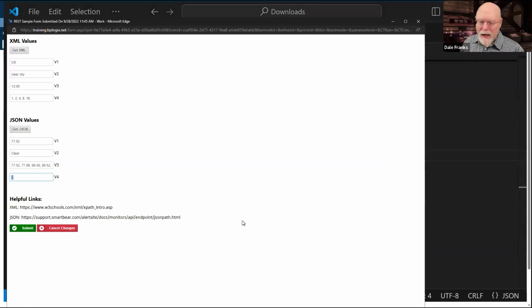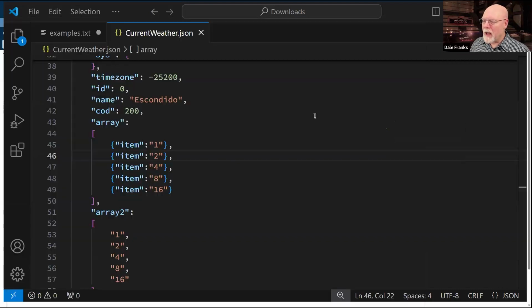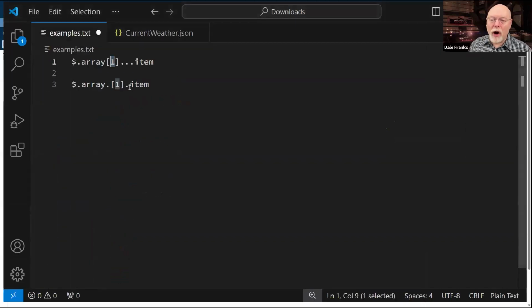So I'm getting the data I want back. I'm getting 2, which is exactly what I expected to get. Now, I have an alternate syntax to grab that array. Rather than going array1 ... what I can actually do is just go array.1.item. So basically the item here between the two dots is just the specification of the array.